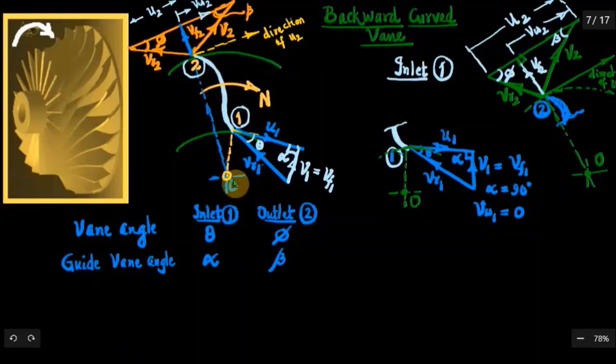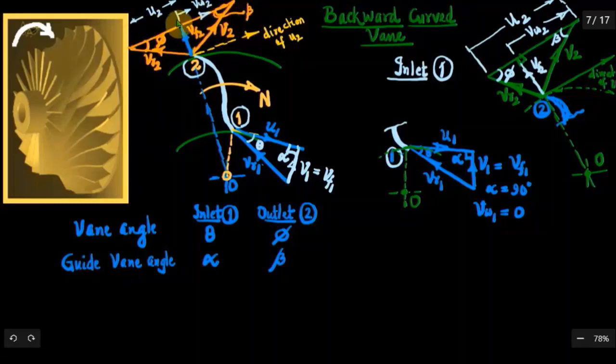If you draw this, for that purpose I have completed this radius drawn at the tip 2. If the center of the impeller is represented by O2, this is the radius, and if you draw a line perpendicular to that, it will indicate the direction of U2. So once you draw VR2, draw a line parallel to the tangential direction to the circle representing the impeller at the outlet. So that is this direction. Parallel to this, if you draw, this will be U2.